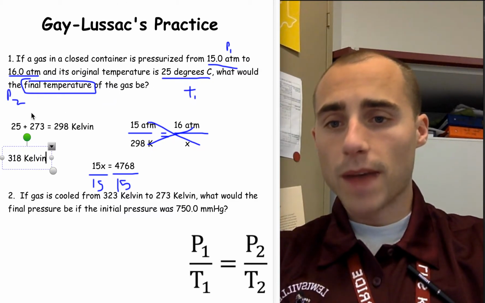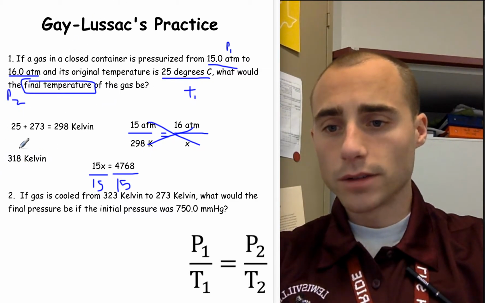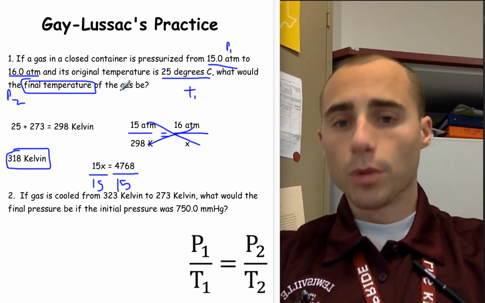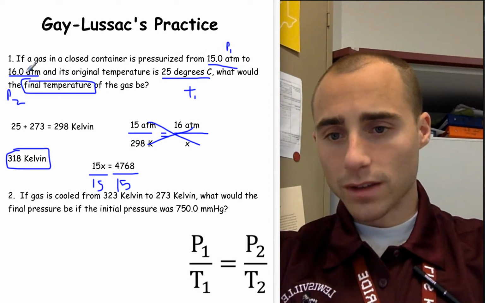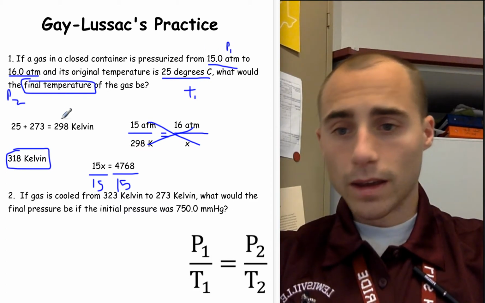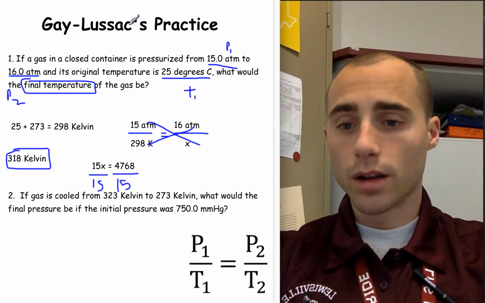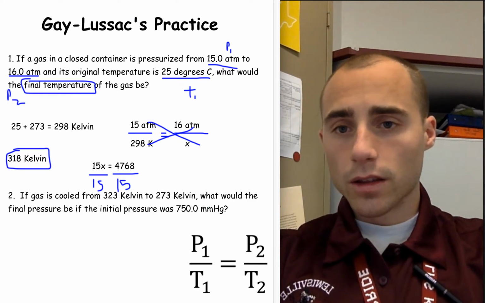So let's see if that matches our law. That's our final answer, 318 Kelvin. When we were looking at this, the pressure increased from 15 to 16. Did our temperature increase? Yes, it did. It increased from 298 to 318, so that's following our law. Okay, let's look here